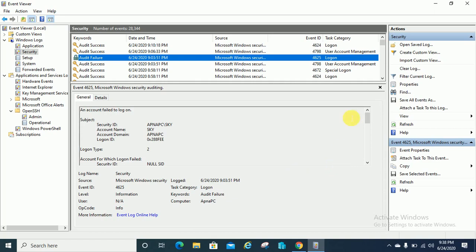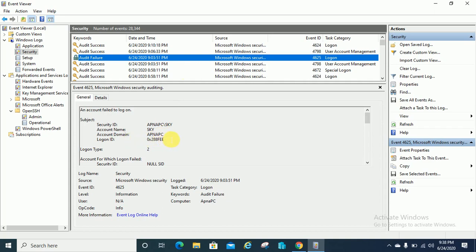So if someone tries to log in on your system with the wrong credential, then you can find out from Event Viewer. And the account name is SKY, and the account domain name.